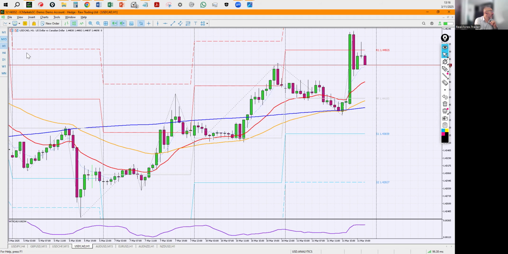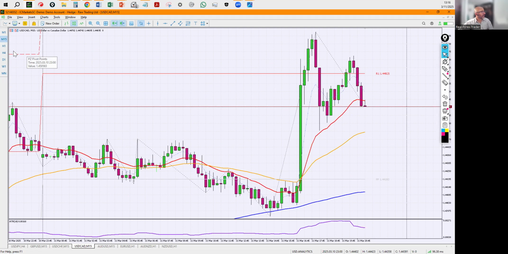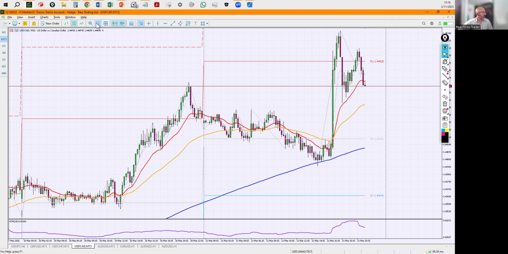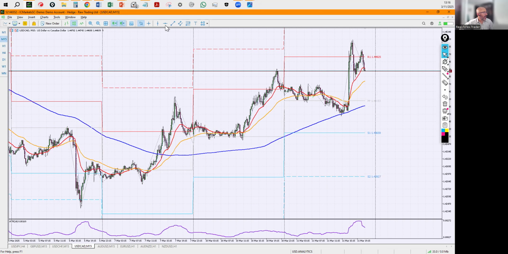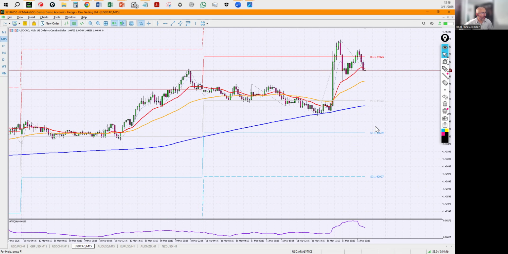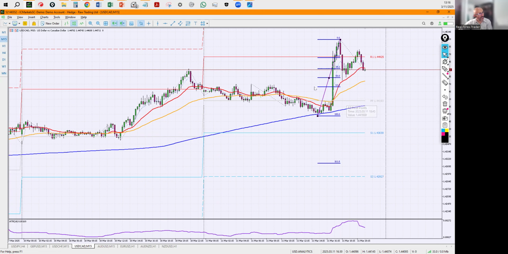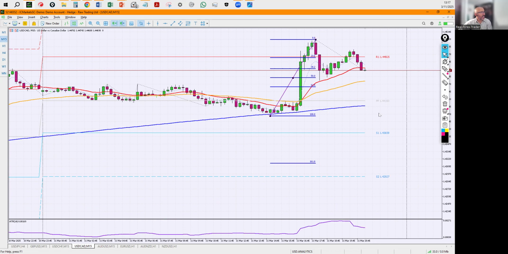So I go back in here to my 15 minutes time frame, and now I observe other behaviors. For instance, I want to check my Fibonacci. So I'm going to trace it from top to bottom because the analysis and my potential entry is from lower to higher. So that is the reason I trace it like this. So let's analyze something here. Checking this